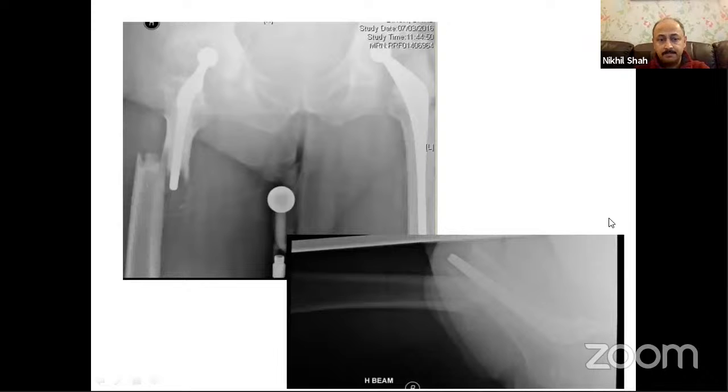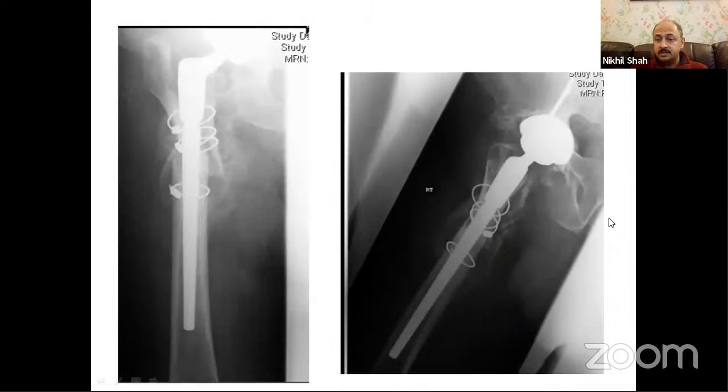This was another example of a very well-fixed Charnley stem with a transverse type fracture near the tip of the stem. And I think Sanchit showed one of these cases where they chose to fix it because it's quite traumatic sometimes to take that cement out from the fractured proximal femur. In this case, the surgeon, this case was done in another hospital. He chose to take the cement out and do a long uncemented stem, but unfortunately encountered some problems.